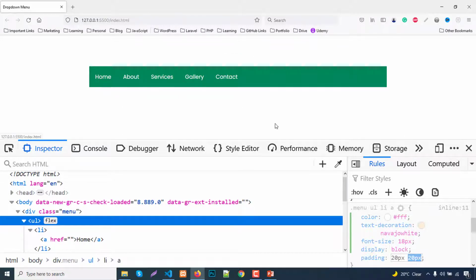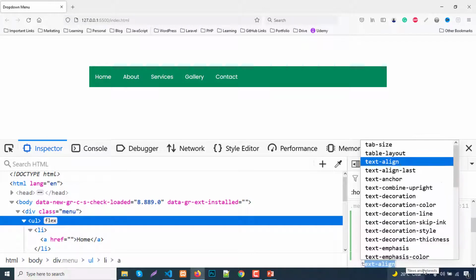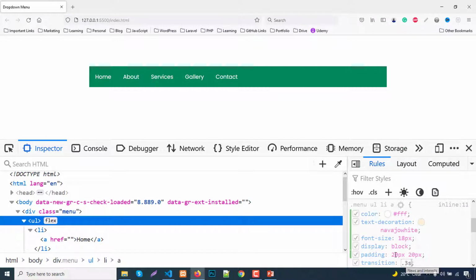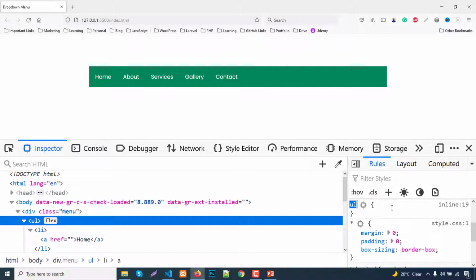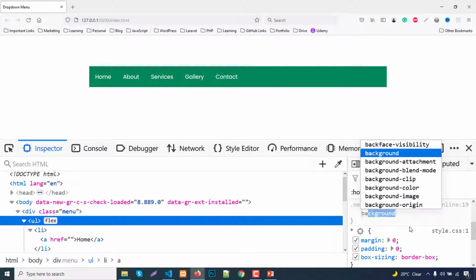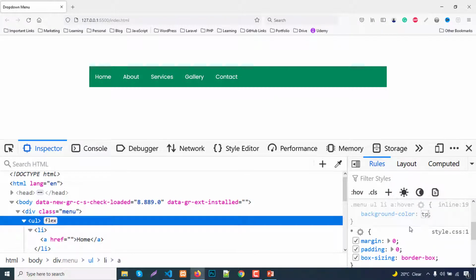Now we need a hover color. To make it smooth, add a transition of 0.3s, with property all. Copy this class and add a new class, paste it with :hover, background color tomato. Move the cursor over the text and see that a nice hover effect is added.